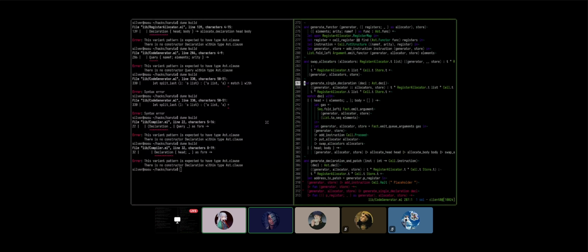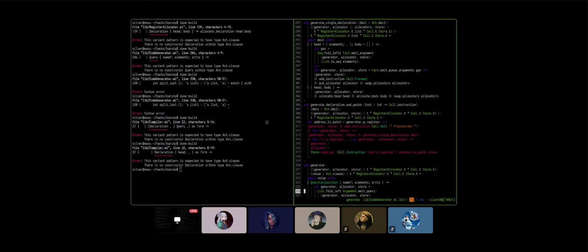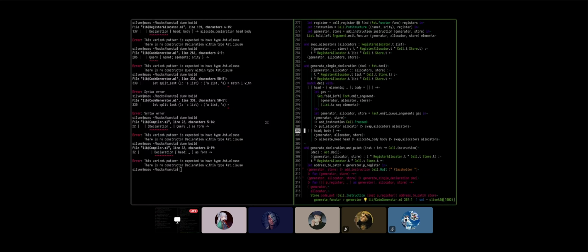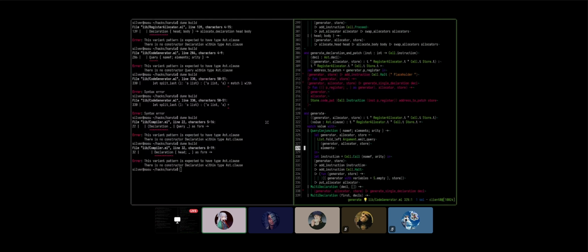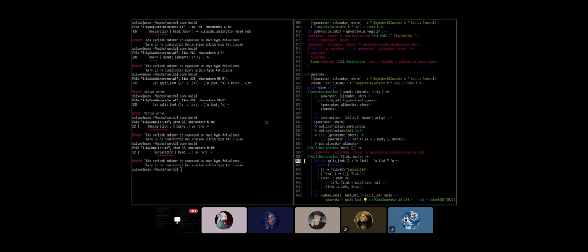Okay, I see the vision. Then here we do swap allocators. I don't think I can. Oh, I can. Nice. And then here we say, okay, we're going to say this takes allocators, which is a list. Then to do a query, we actually say,